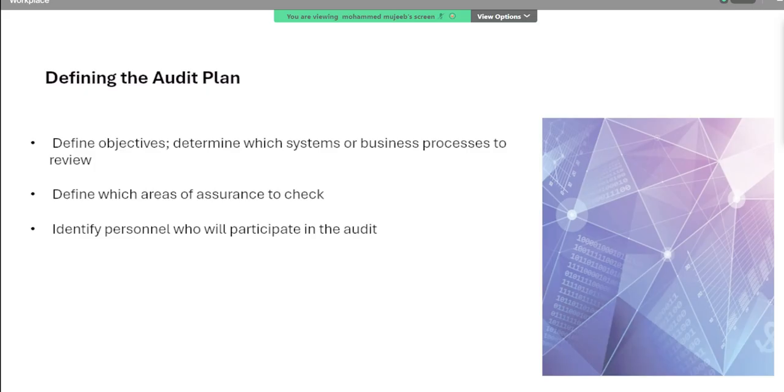Data analysts might be doing some analysis for databases, some might be doing it for other infrastructure or other things, so they are not looking at the system holistically. Auditors come in trained to look at the system holistically from end to end